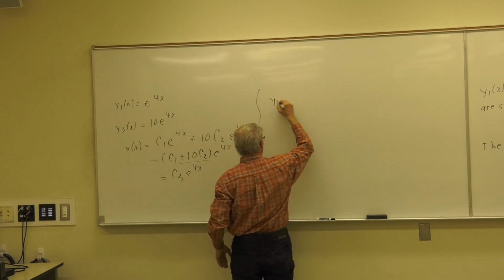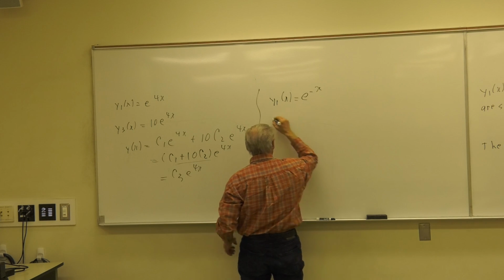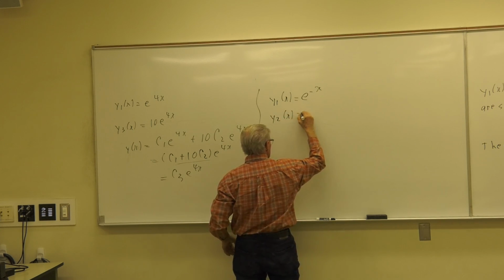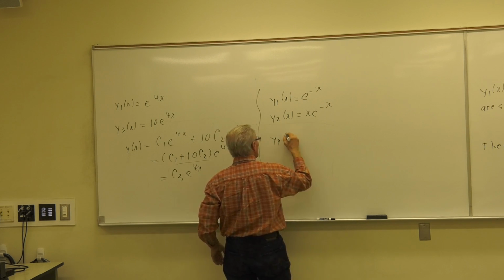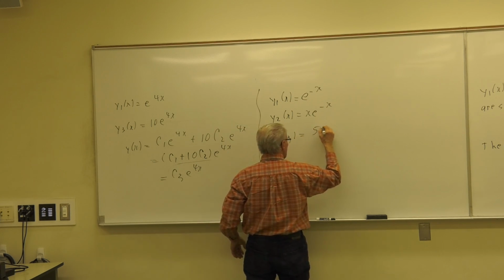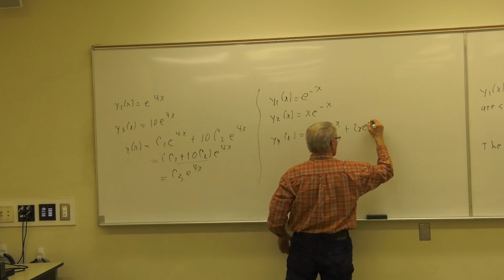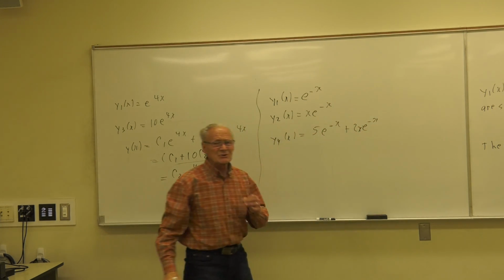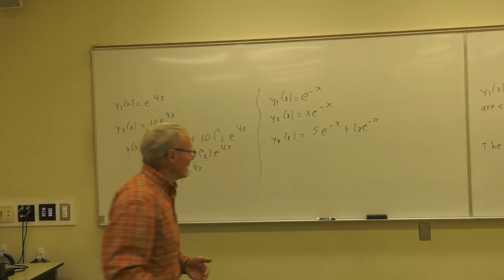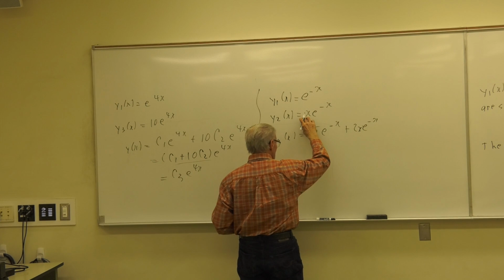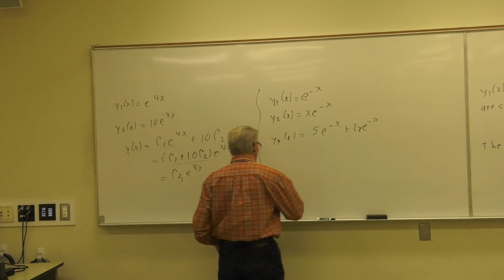My second example over there. I know that y1 of x is equal to e to the minus x. I know that solution. I know that y2 of x is equal to x e to the minus x. I'm going to ask, what about this? 5 e to the minus x plus 2 x e to the minus x. Is that a solution? Superposition says, yes, it is a combination of these 2, therefore it's a solution. If I superpose them,